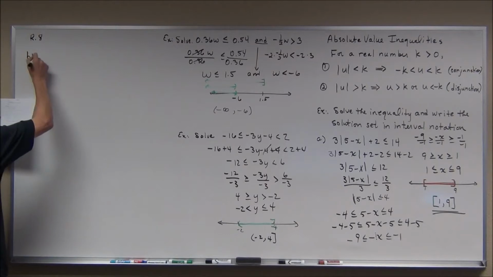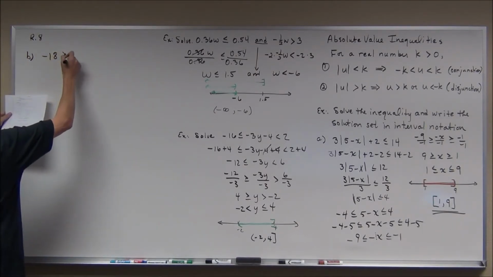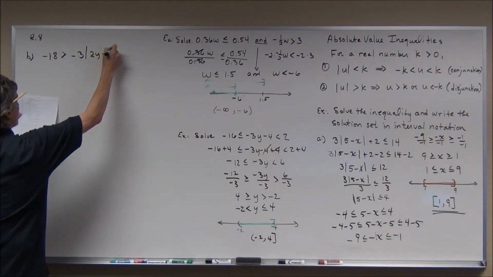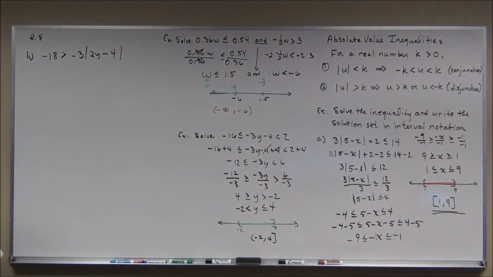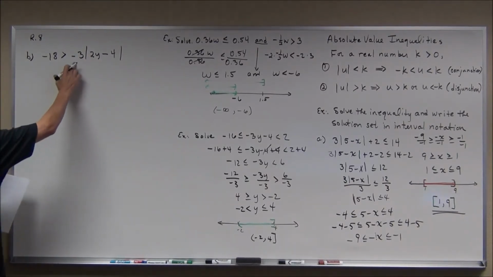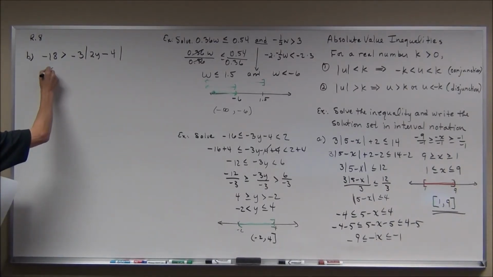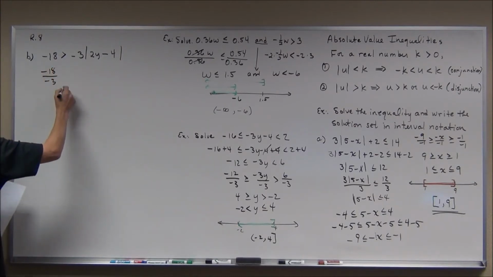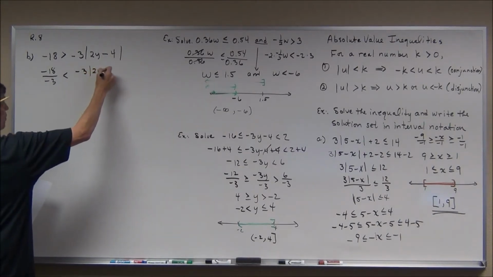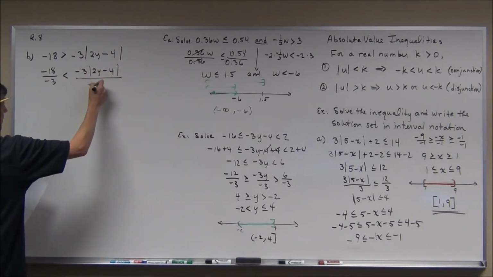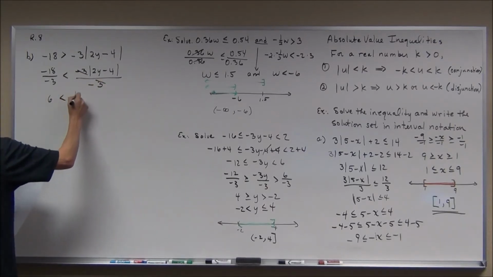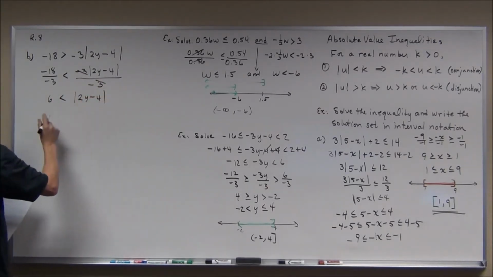B here. Negative 18 is greater than negative 3 times the absolute value of 2y minus 4. Now, first thing I'm going to do is isolate the absolute value. That means I have to get rid of the negative 3 that's times it, so I'm going to divide both sides by a negative 3. That is going to reverse the order. And I'm going to get negative 3 times the absolute value of 2y minus 4 divided by the negative 3 there. So that gives me 6 is less than the absolute value of 2y minus 4,